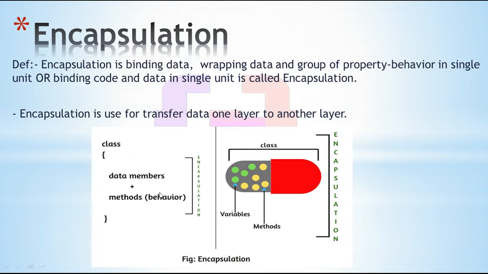Let's understand this diagram, this real life example. Here in this encapsulation diagram, we have one capsule. Inside a capsule we collect all the small particles required to create this capsule, and we wrap those particles with the help of a shield, or we can say a cover. Okay, this becomes a capsule. In a programming language, this capsule is nothing but a class, and the small particles are nothing but variables and methods. We can say data and data members.